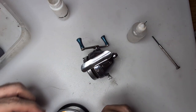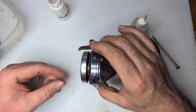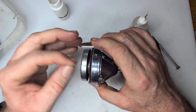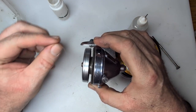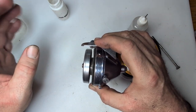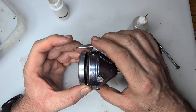And then tie it around the spool. Well, that's not going to work, because it's the other end of the line that has to go through the middle and out that way. I can't tie this onto the spool. It wouldn't do anything. And so I'm trying to figure out, you've got to get the line on the spool